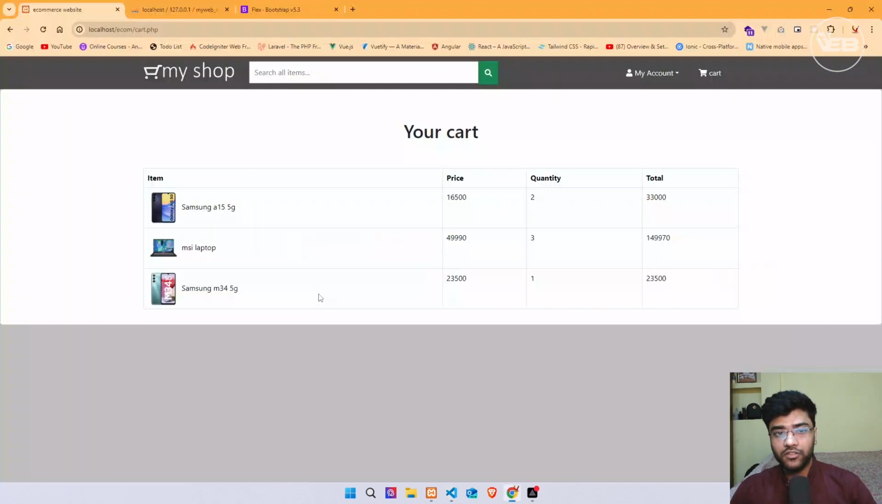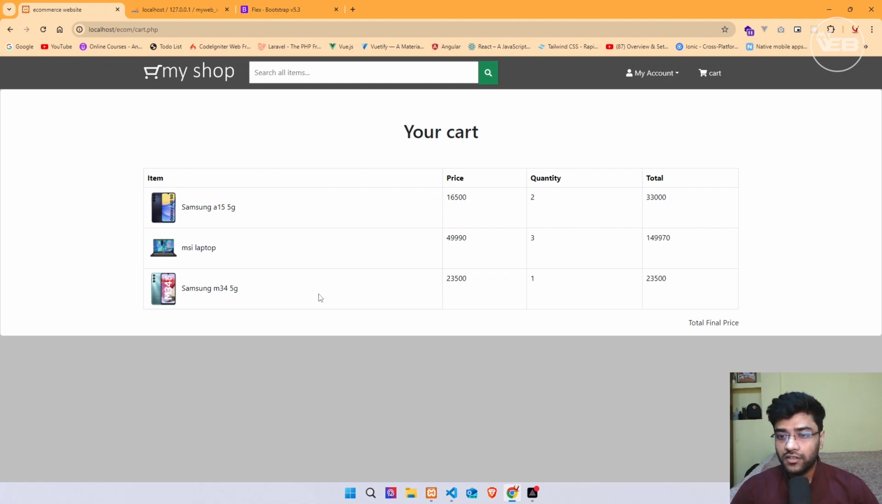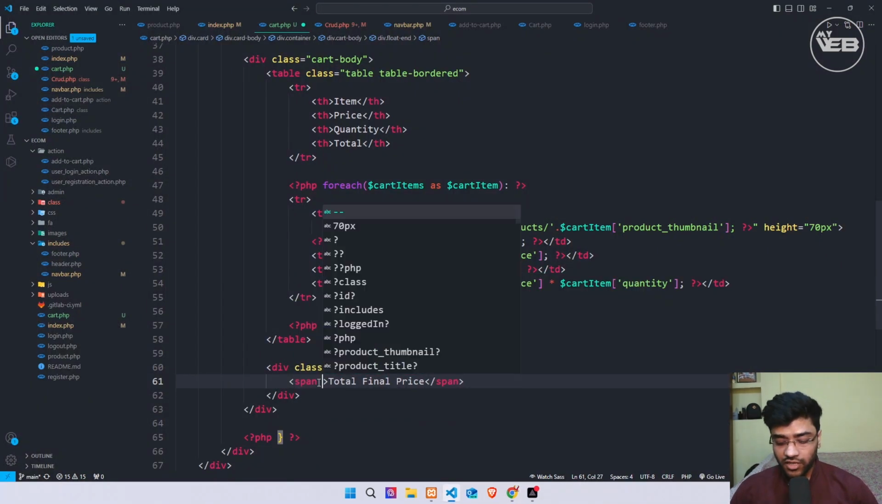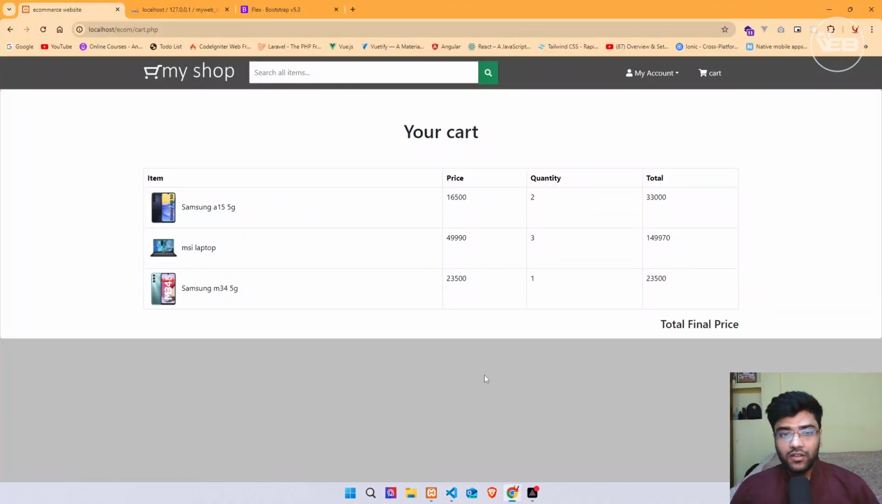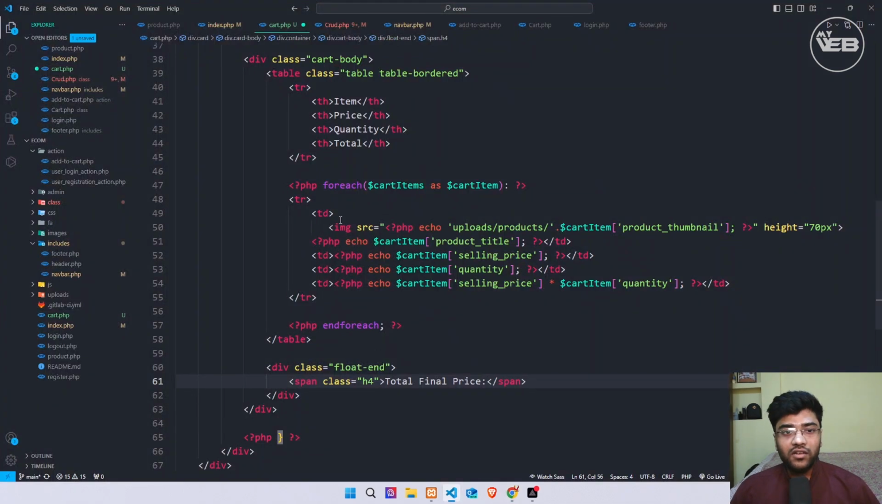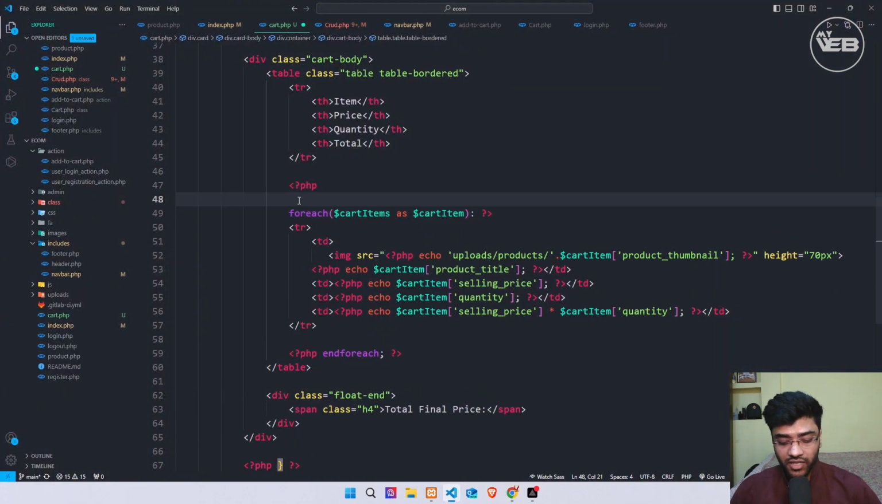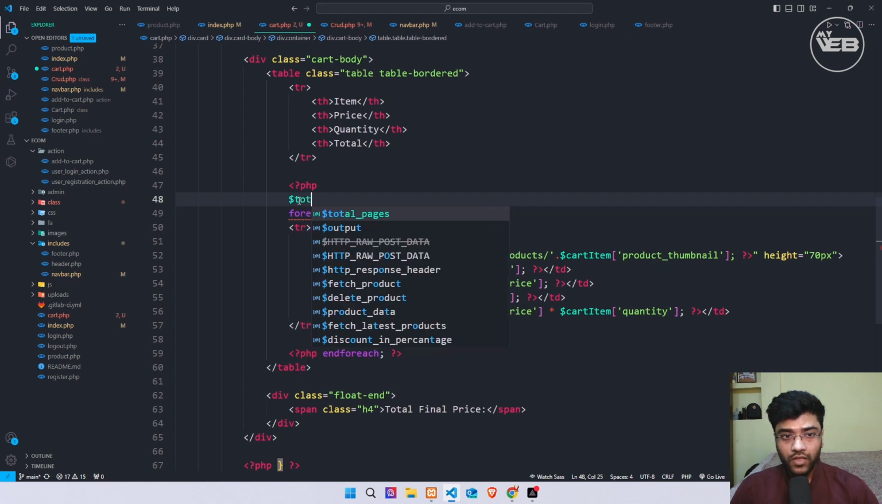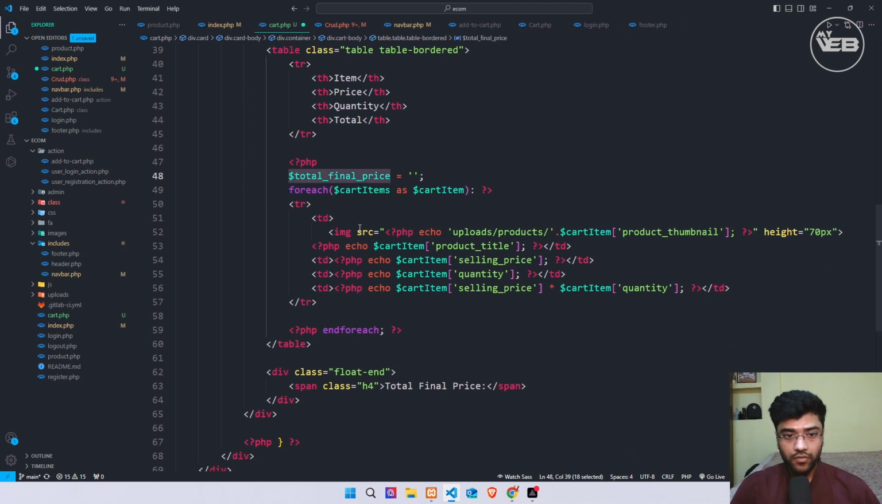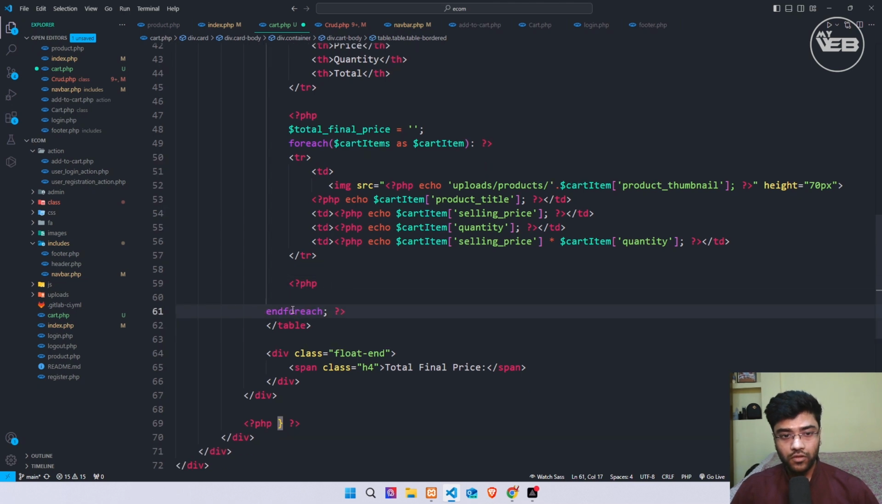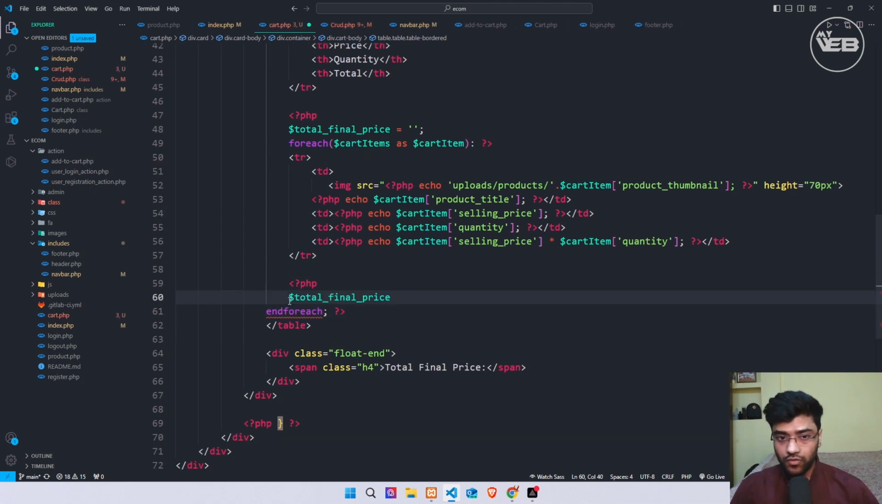Okay, just save and check in browser. Now we have my total final price here, and I take a class which will be h4. Save. Okay, again I put a colon, and before the start of the foreach loop, I take a blank variable, that will be $total_final_price equals to blank. And again I copy this, and before the ending of the foreach loop, plus equals to